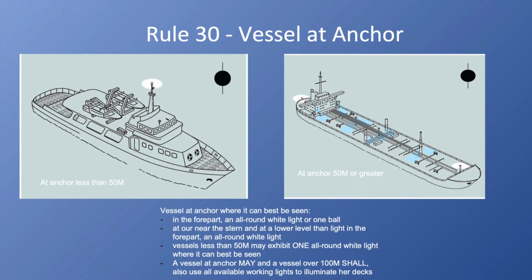All right, so all vessels at anchor. Less than 50 meters, all-around white light where it can best be seen, or a ball, one ball day shape. If they're over 50 meters at anchor, they're going to have a day shape of a ball, or have at night, sunset to sunrise, when lights are required,